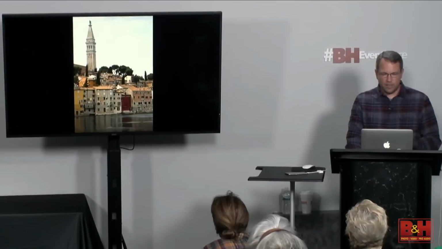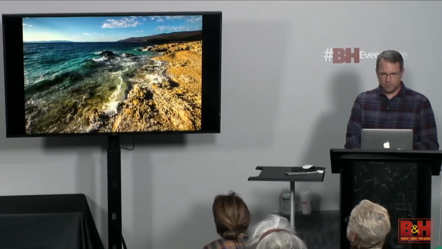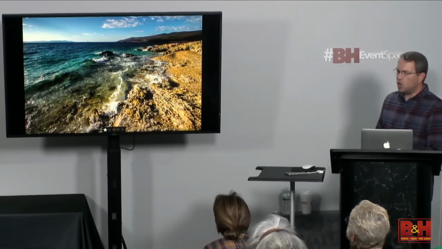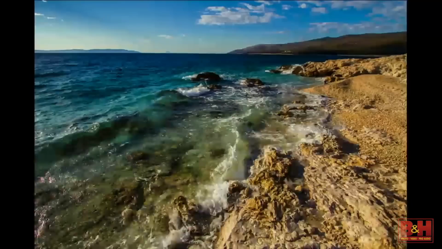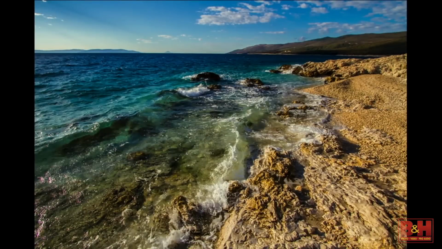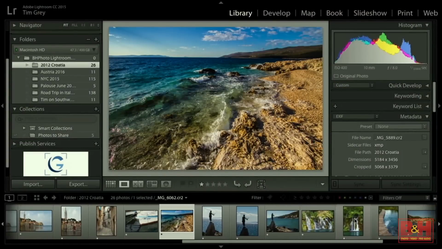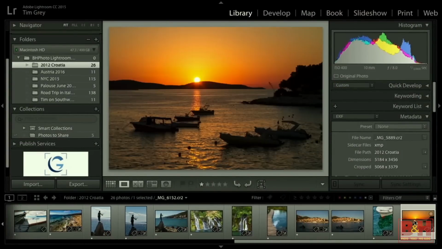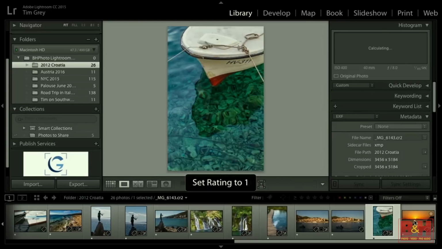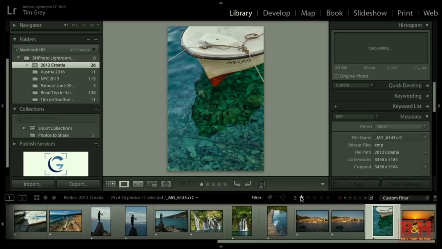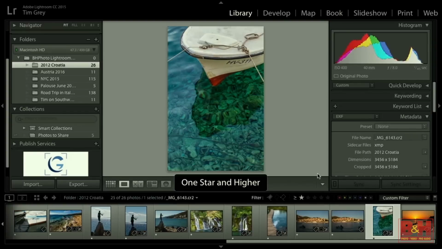Then I try to wait a little bit longer to go back for my second pass. So I might filter the images, for example, so that I can only see my keepers. Setting a filter here based on a 1-star rating, so I'm only looking at my keepers. And now I'll go back through the images again